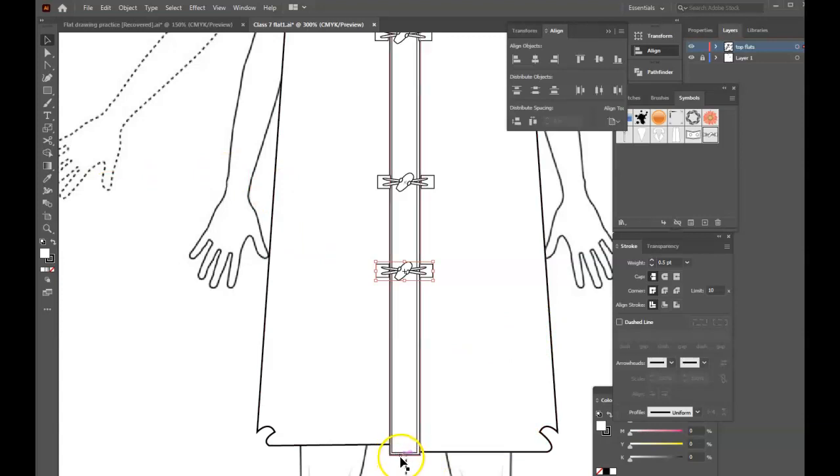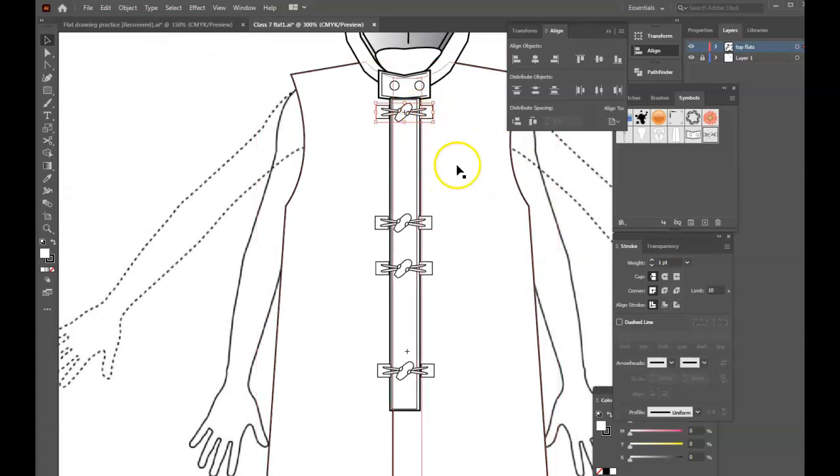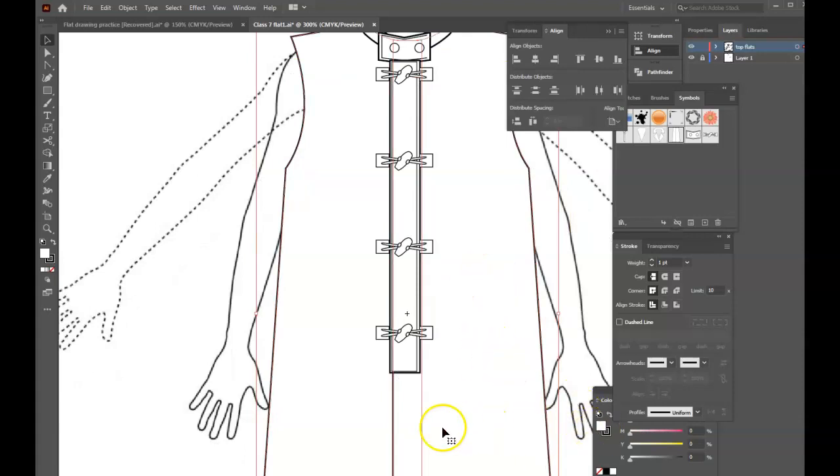Actually, my rectangle is just too big. This should be somewhere here. So I put my toggle lock here. I toggle the button here. And then you can hold your shift key and select this. And then you can put the center aligned, and then put the same distance. Okay. And then